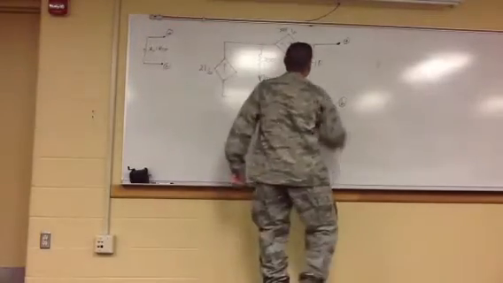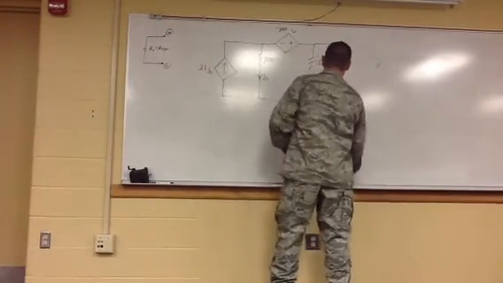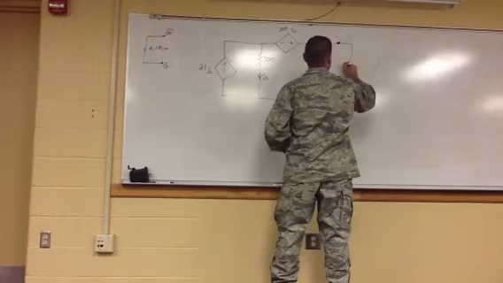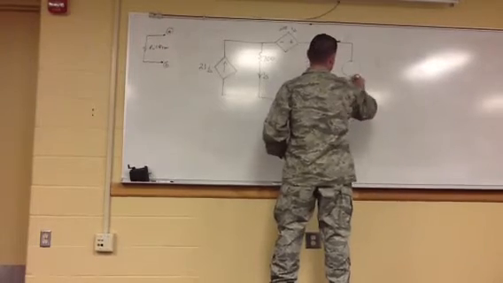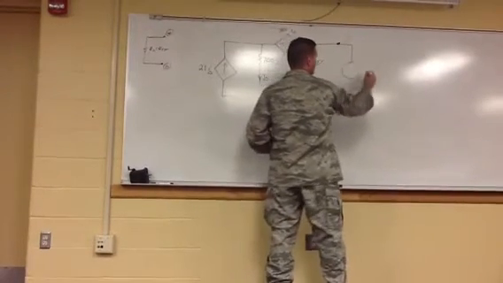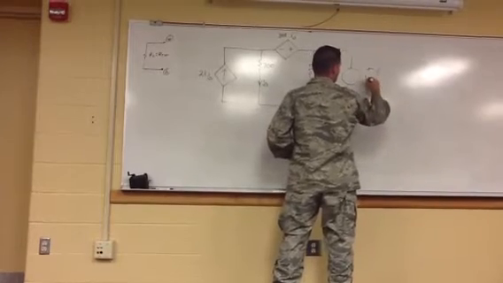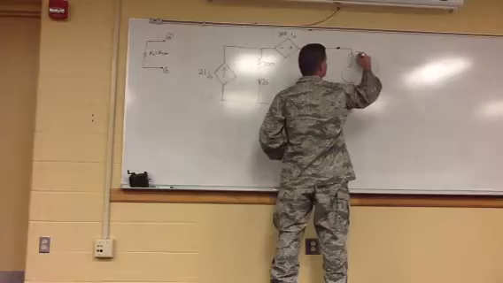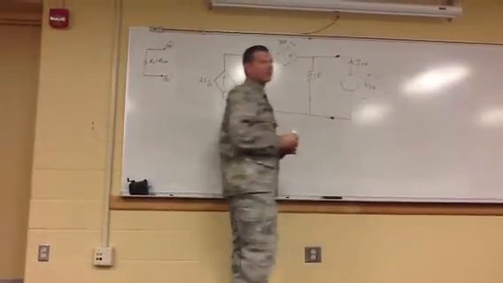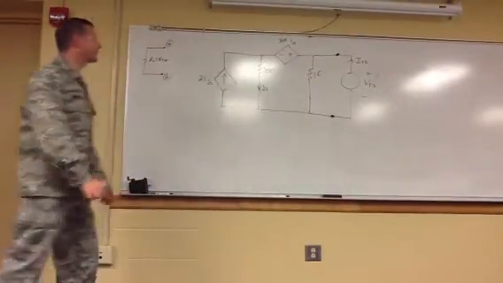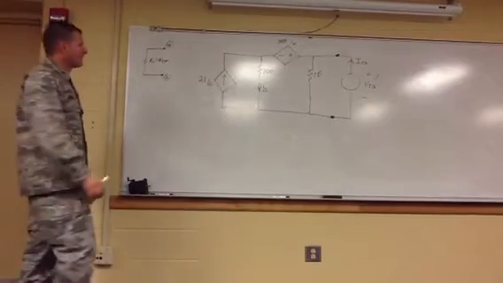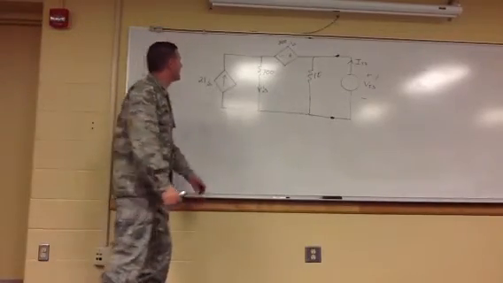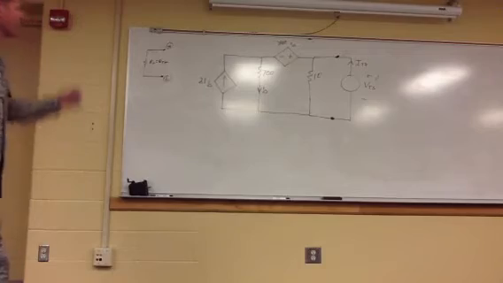3. So we're going to apply a test source. I don't care what kind it is, so I don't put an arrow and I don't put a plus and minus, but it does have a voltage across it, the test source voltage, and it does have a current coming out of it, the test source current. Okay. I want to find everything in terms of those. Okay. So let's see, for this one,